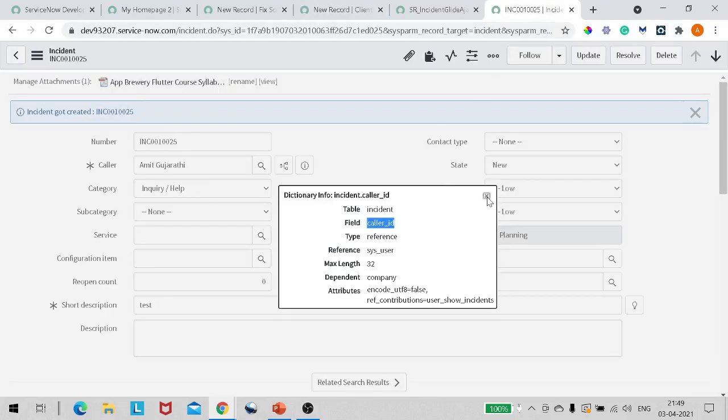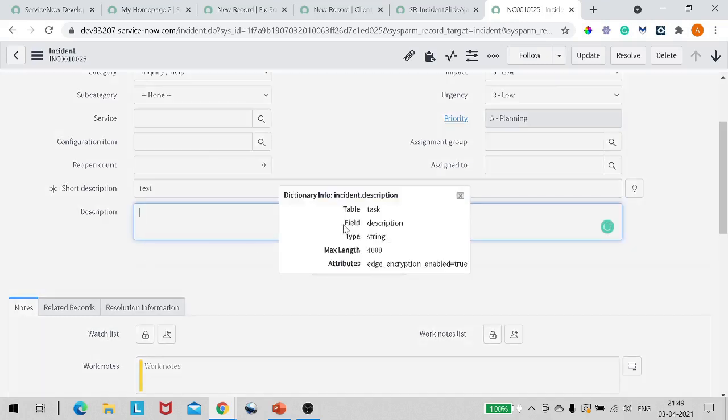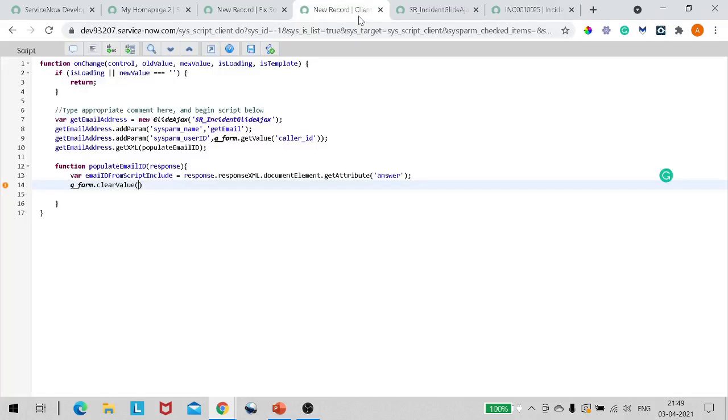I don't want to mess things up, so we want to push it into the description field, right? So I've right clicked on that. I'm really bad with grammar and I don't want to make any spelling mistake, so I've copied description. Now we will set this field with the email ID which we got.